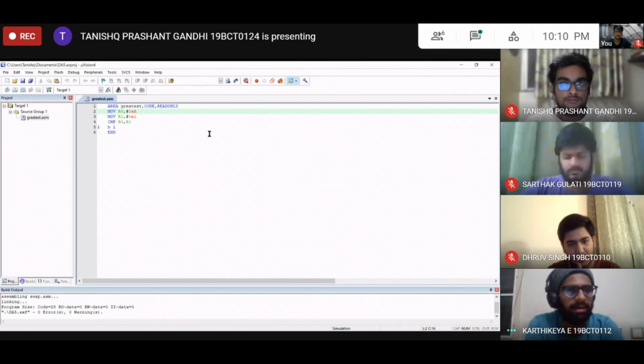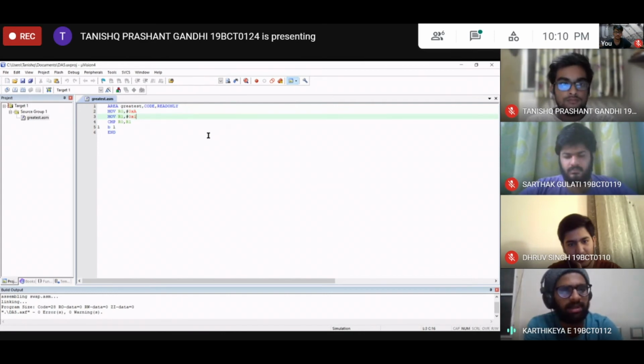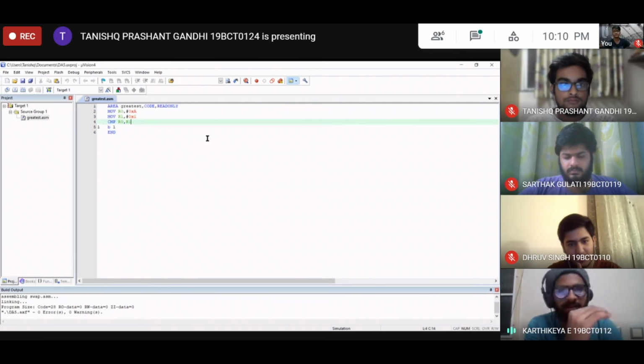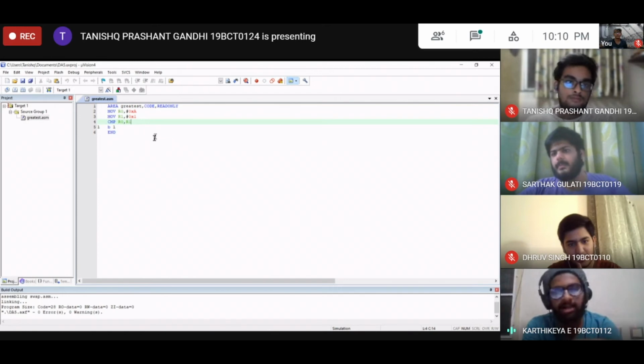Now, the third line basically just says the same thing in a different language. So R1 has the value of 1, and R0 has a value of A. In hexadecimal, the value of A is greater than the value of 1. Now in the fourth line, we're comparing R0 and R1. The comparison basically works as a subtraction, so R0 minus R1 is checked.